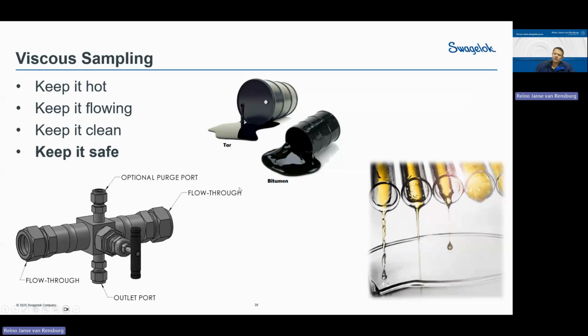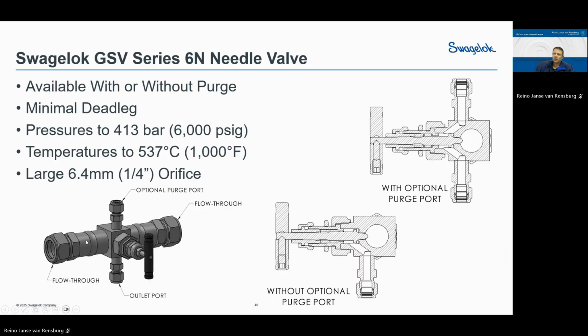Okay, so this is one of Swagelok's latest product offerings. It's our viscous sampling valve. So it's basically one of our N-series needle valves that we've redesigned so that you can actually have a flow path straight through the valve. And once you open it, you can actually sample any sort of viscous media. So you can have this valve with a purge option as well. So after you've taken your sample, you can purge it out with steam to make sure there's no contamination in there. There's a minimum dead leg, so you're almost taking directly out of the stream. So the dead leg is very, very limited.